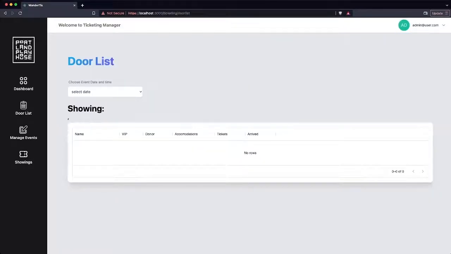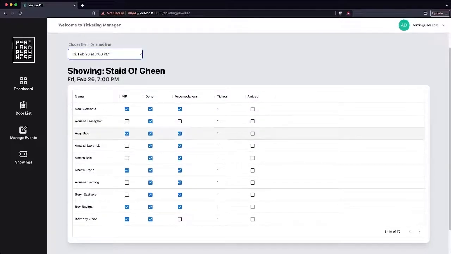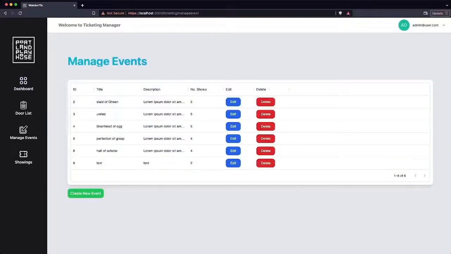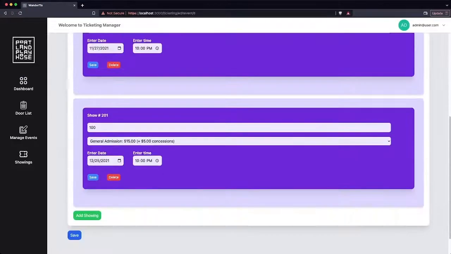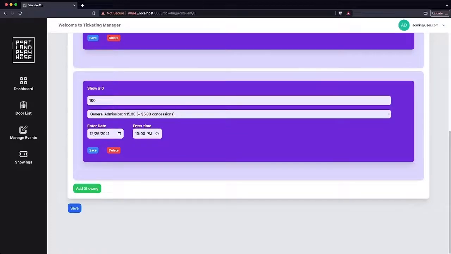So we could click door list, select a date, and it will show up with a list of people that are scheduled to show up at the event. From here we could check off if they've arrived, or if they haven't actually arrived and we checked the wrong one, we could uncheck those as well. And that's kind of it for door list. We could go back to the dashboard and go to manage events, and we see a list of events. We're able to go in, edit them. I could delete events